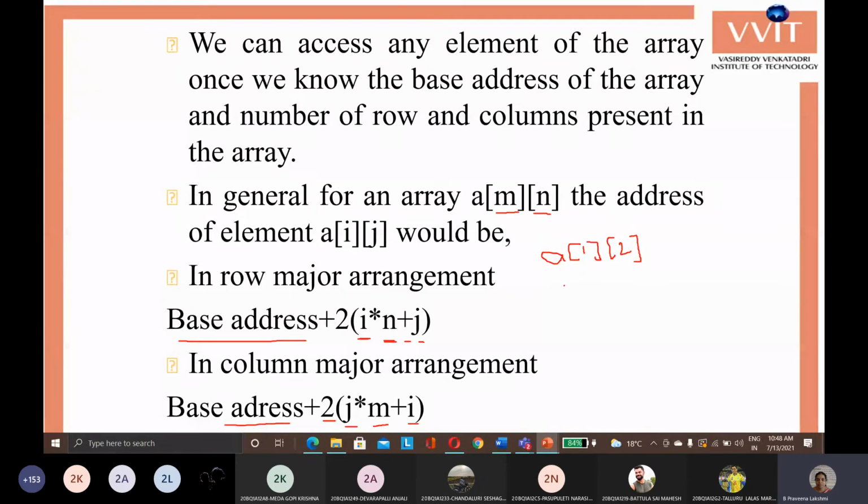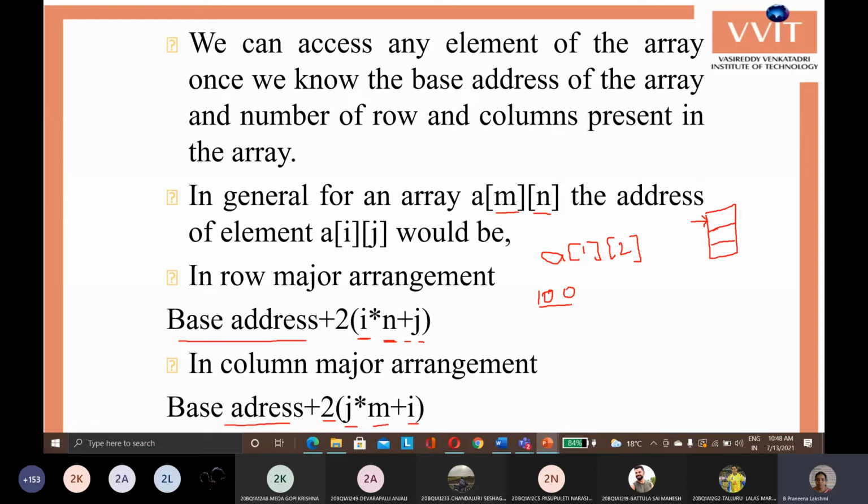The base address is the address of the first element. So the row elements of 3 locations are stored, and the first element address is the base address. Base address plus 2 into (i is 1, into number of elements, assume 3 elements and columns also 3, so 3, plus j value 2).